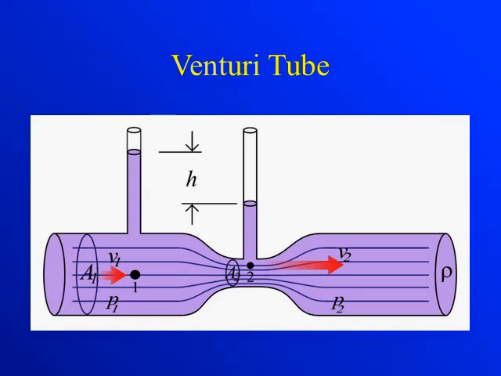Another way to measure fluid flow is known as a Venturi tube. You're looking here at a picture of a Venturi tube. Here we see fluid flowing through a wide part of a tube and then a narrow part. Again, where it flows through the narrow cross section, the kinetic energy is increased. It's flowing faster, so the pressure is less. So P1 has more pressure where it's flowing slower. P2 at the same height has less pressure where it's flowing faster.